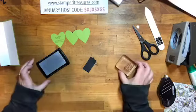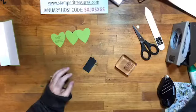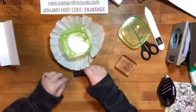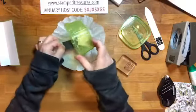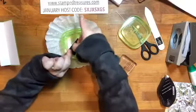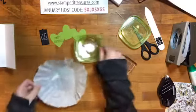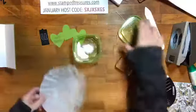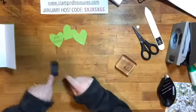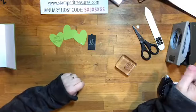So I've stamped the letter U in Versamark. And now I'm going to bring in my white embossing powder. Sprinkle that on top. So now I've got my U. Let's just dump any excess back in here. And then I would heat set it, but where I am right now, where I film my videos,